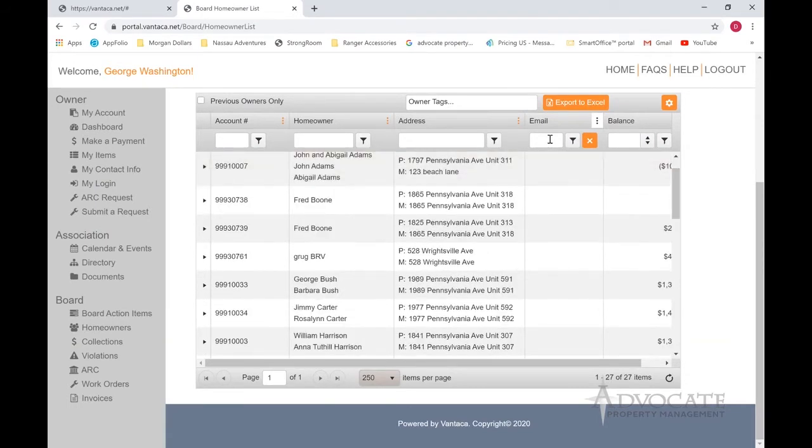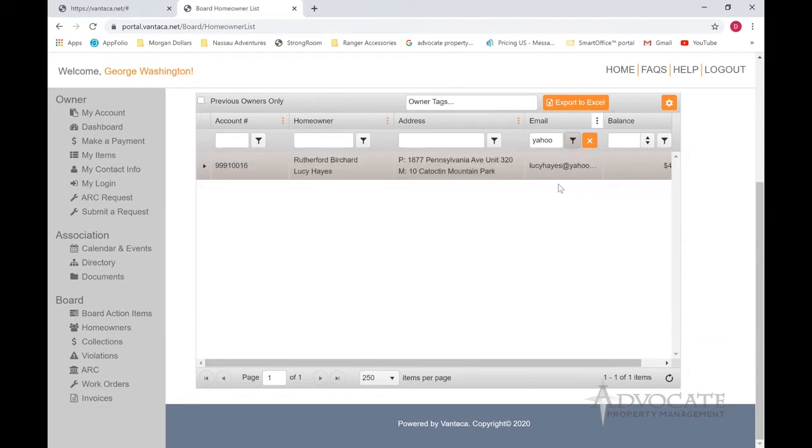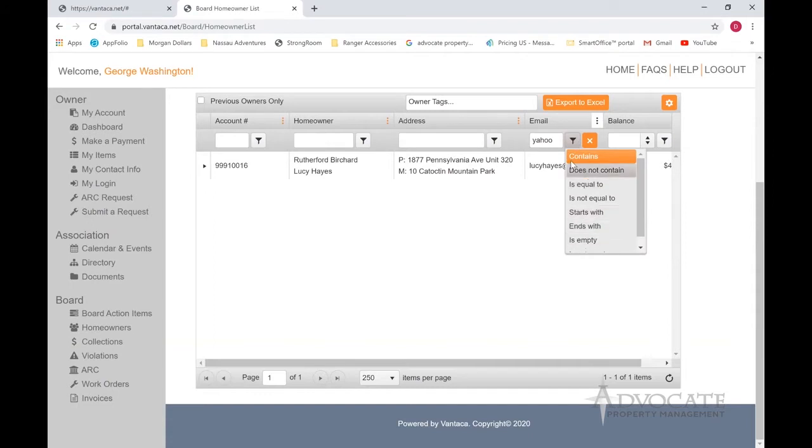If you want to see people that have Yahoo addresses, I can say contains Yahoo, and there's only one Yahoo email address in here. Obviously these aren't things you might normally do. I'm just trying to point out that you can filter on different things